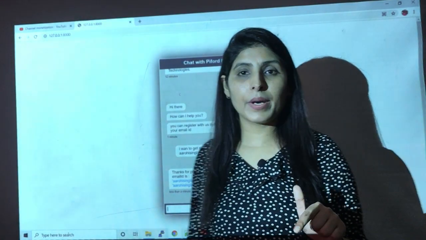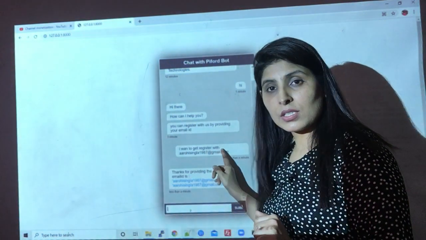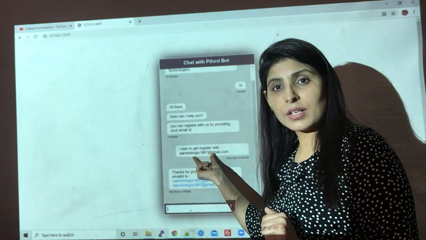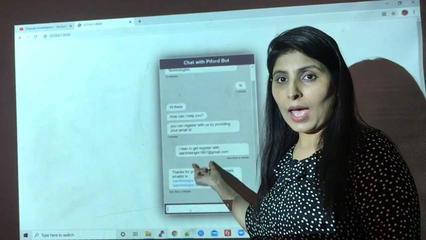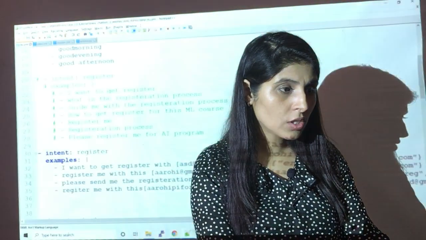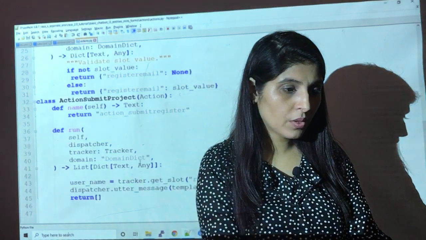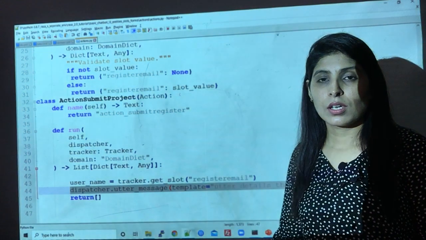So what just happened over here is, from this message it extracted this value using entities, and this is the output which we have already written in our actions.py file, if you remember.